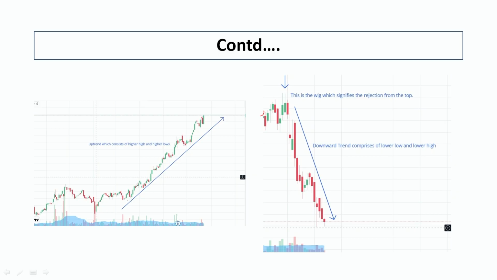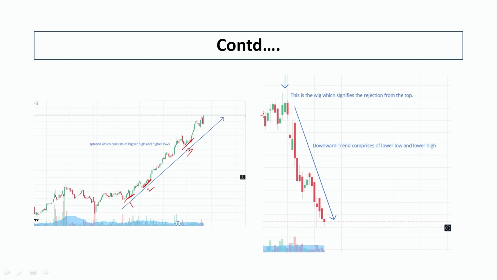I am showing here that this particular chart is showing the uptrend, because uptrend means when higher highs are there. So higher highs are available over here. This point is higher than this particular point, and this point is again higher than this one. So if we number 1, 2 and 3, these are the 3 patterns. So we can say 3 is higher than 2 and 2 is higher than 1. So higher highs are there, and higher lows are also there. So this particular trend is going to show an upward trend.